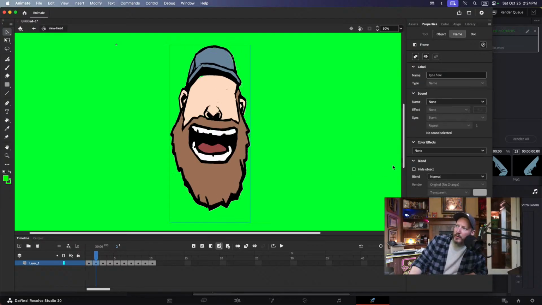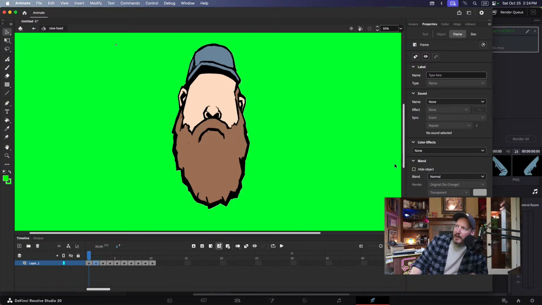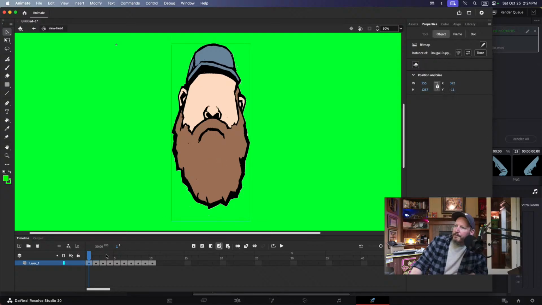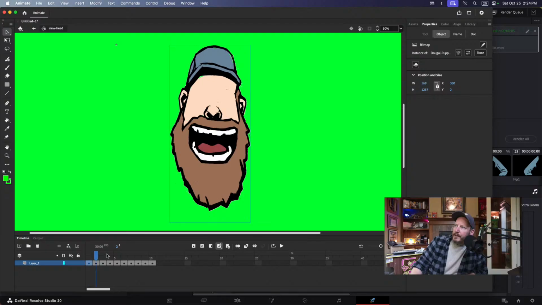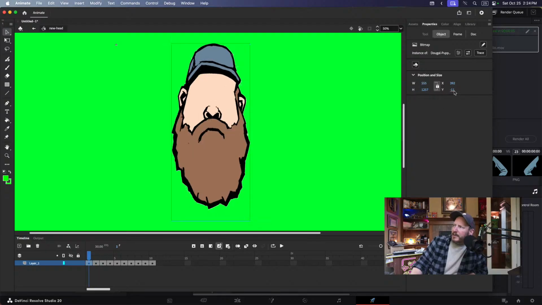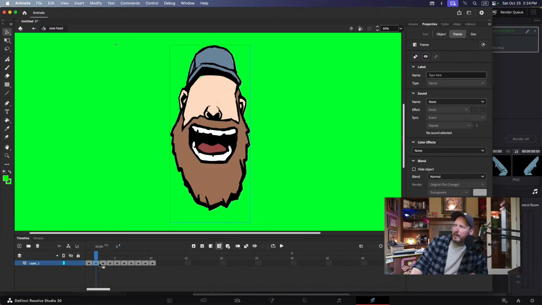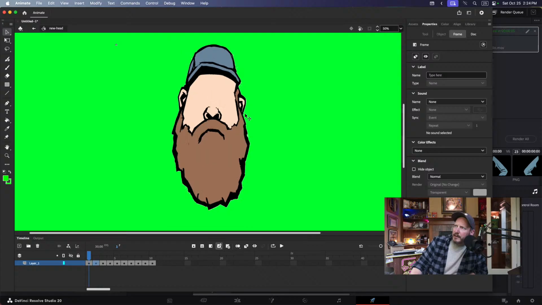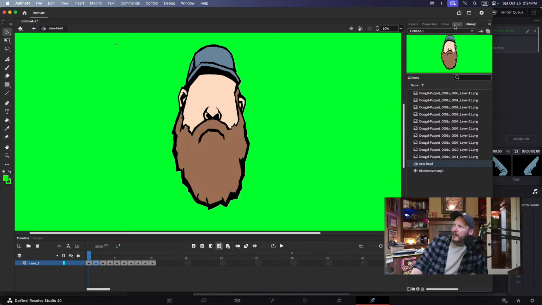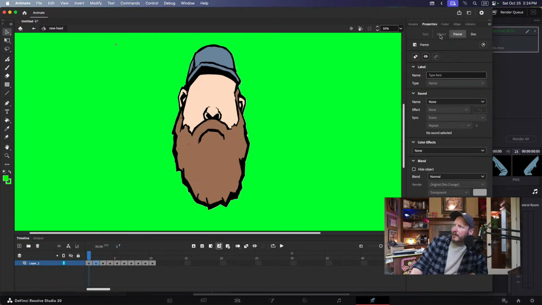This is where it gets tough. This is why you want to have stuff aligned when you're doing this. Okay, it has to go down a smidge. Properties, object, come on, click it. Down about 6 pixels. So it's going to be -5. Are you kidding me? Does it have to go down all the way? That's weird.